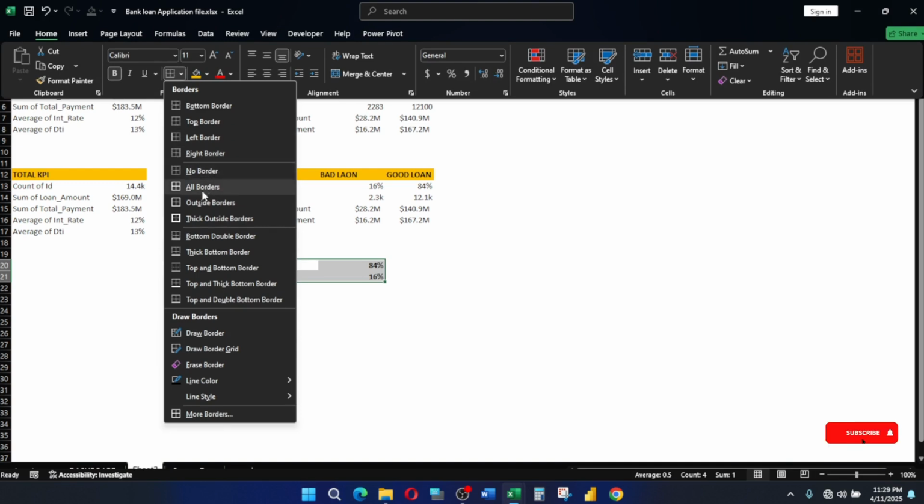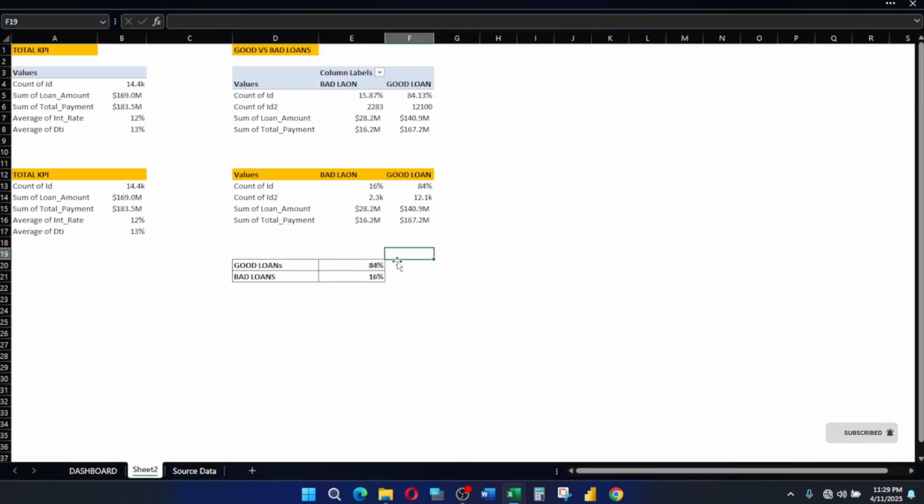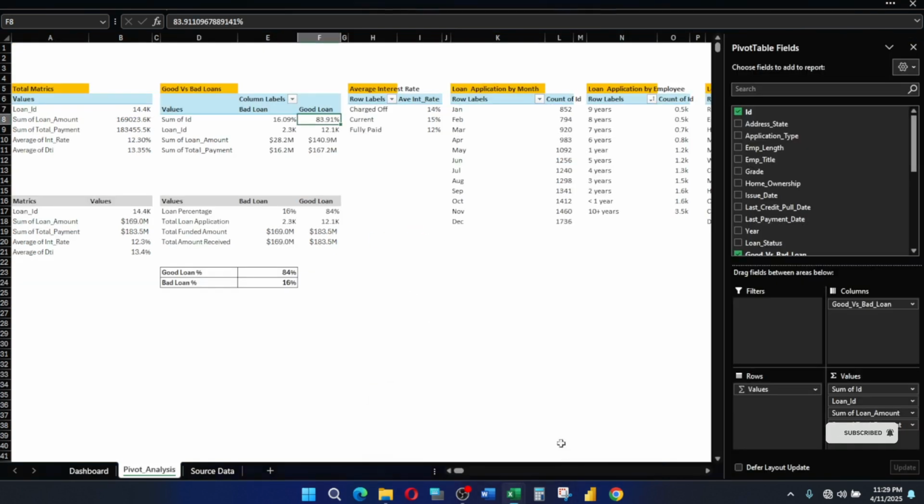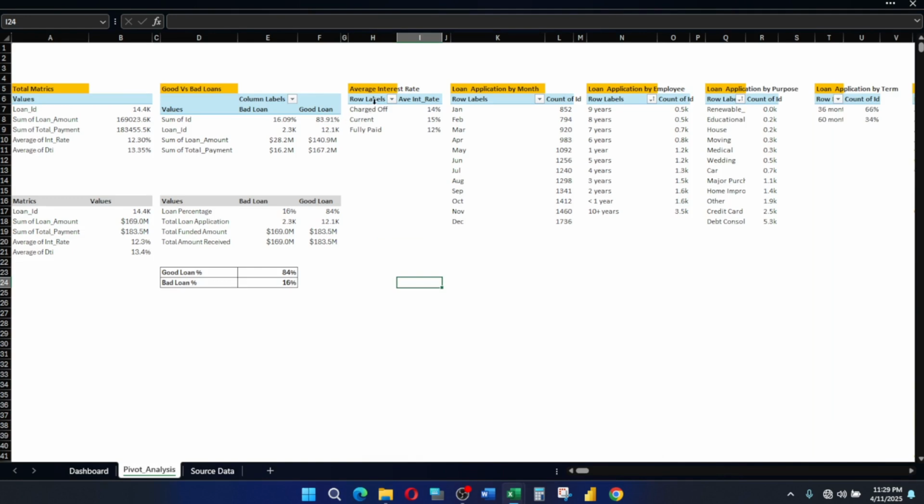Make it bold just for visual visibility, nothing else. Put it in, let's say, all border. So this is just for visibility. There's nothing much we are doing here. So we'll come back here and see what we have next. The next thing we have is this